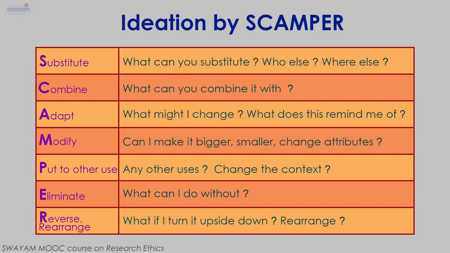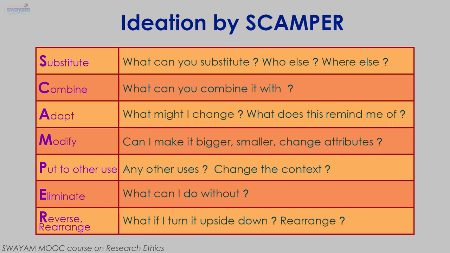Modify. Can I make it bigger, smaller, change attributes? Put to another use. Any other uses? Can we change the context? Eliminate. What can I do without? Reverse or rearrange. What if I turn it upside down? Can I rearrange it? So most of us would have used these techniques when we have to look for alternatives